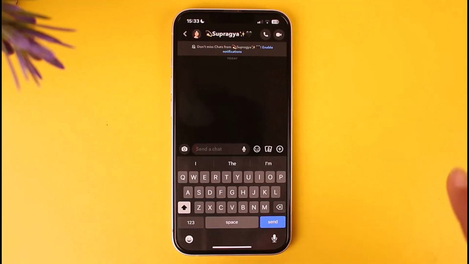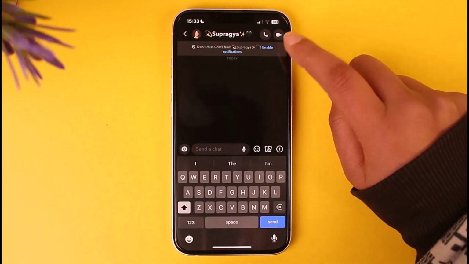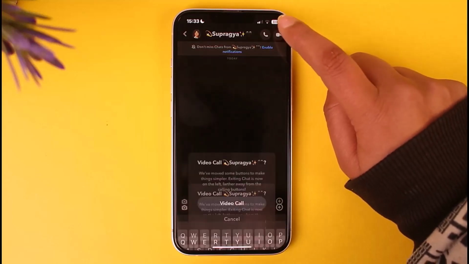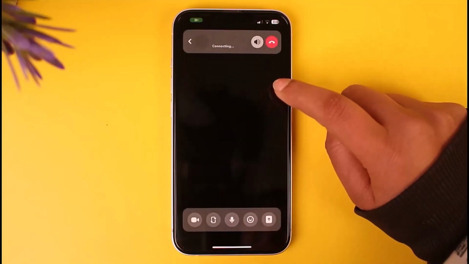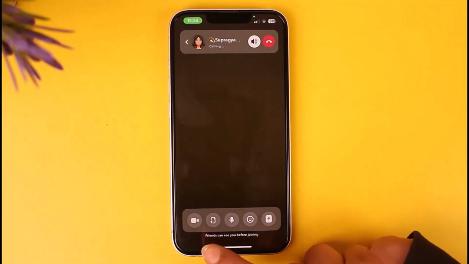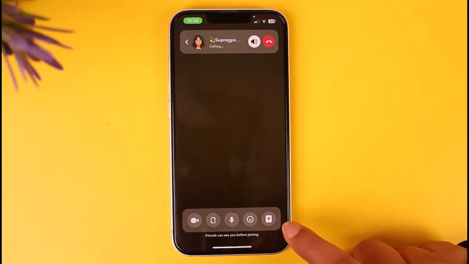Once you're over here, all you have to do is tap on this little video call icon on the top right corner of the screen. Once you do that, tap on video call again. Once you call them on video call, you will be able to find this kind of icons in the below section. All you have to do is tap on this particular icon right over there,